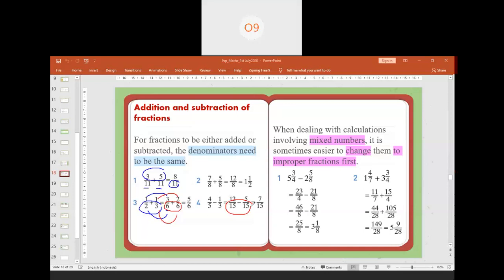Teacher, I'm confused. Which one is making you confused? Which part is it? Can you tell me the detail? It's okay. Number 3 and 4. Okay, number 3 and 4. When you check the denominator, in here I have 1 per 2 and 1 per 3. The denominator, or the number at the down part, they are different. So it means I have to make it the same. To make it the same, you have to find the LCM. LCM is lowest common multiple.